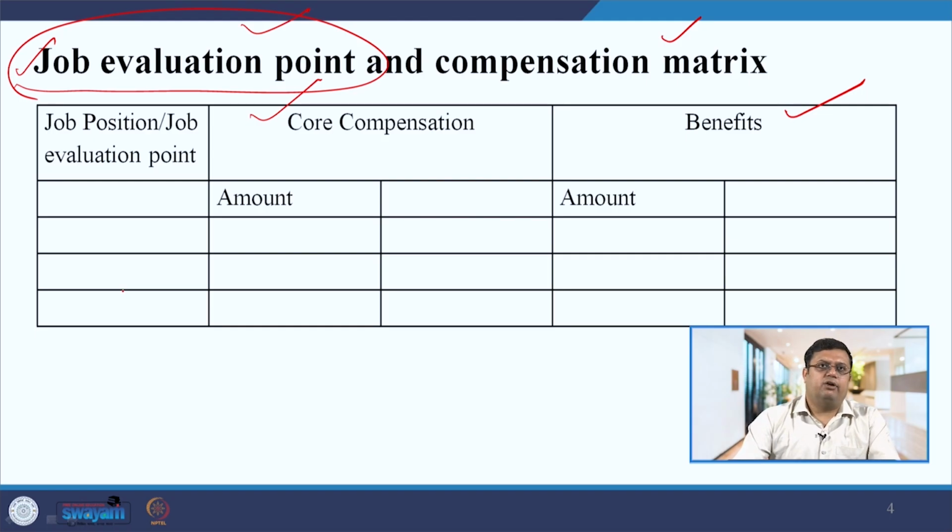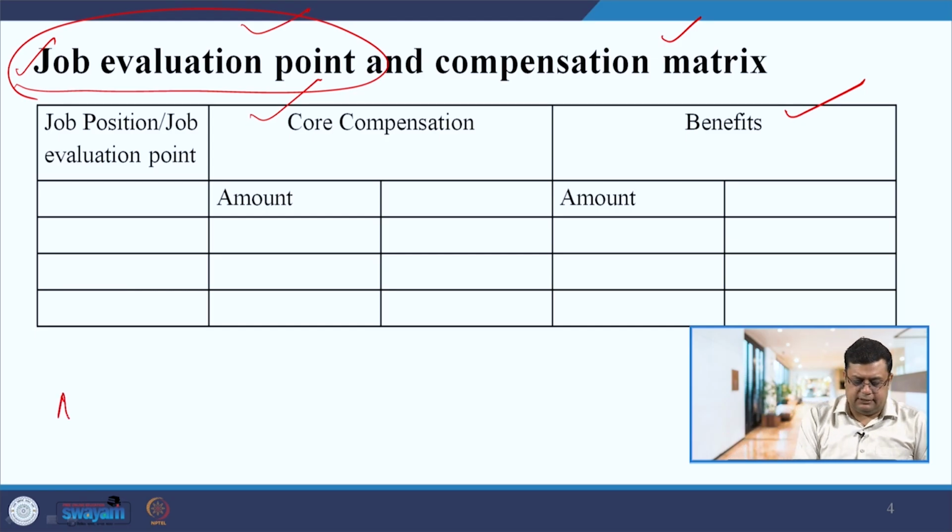So, first thing that you have to do, you have to identify the jobs which are available, then you have to categorize those jobs. For each job you need to identify the skill set, and for each skill set, medium, high, low level, you have to give certain points. By giving those points, you have to give the points to all the jobs.